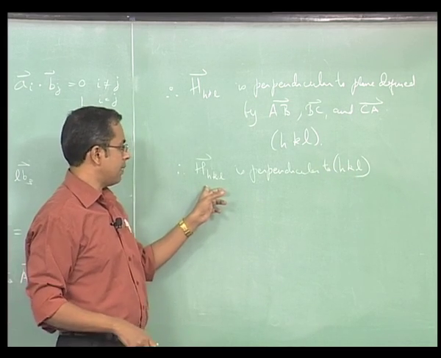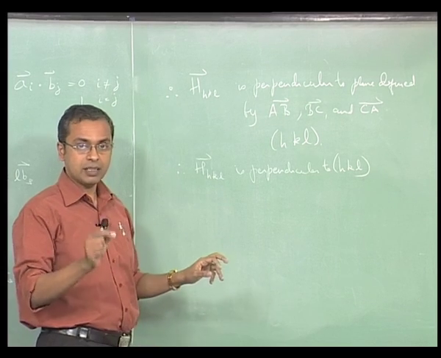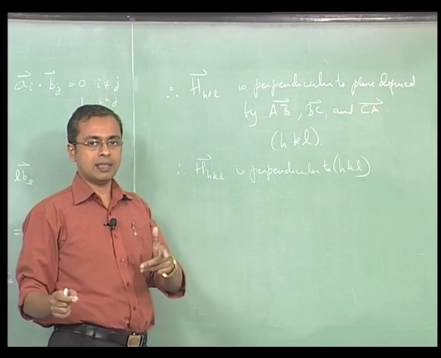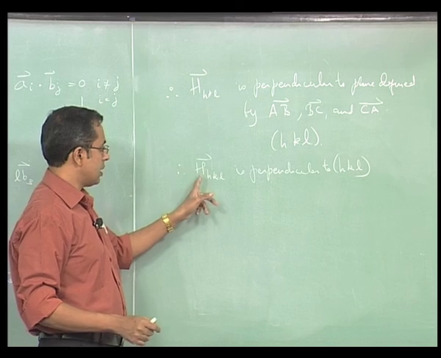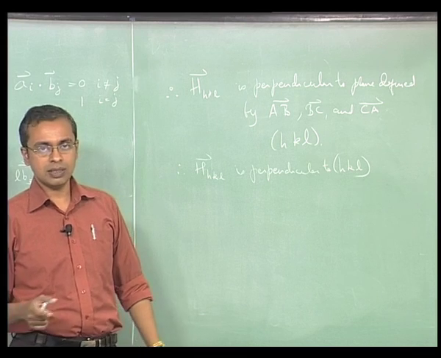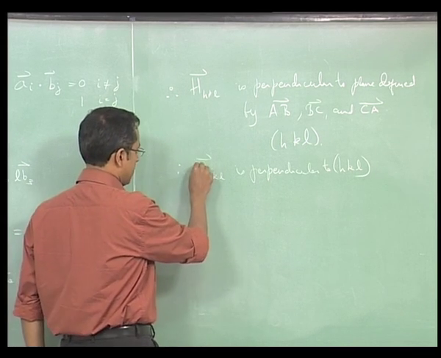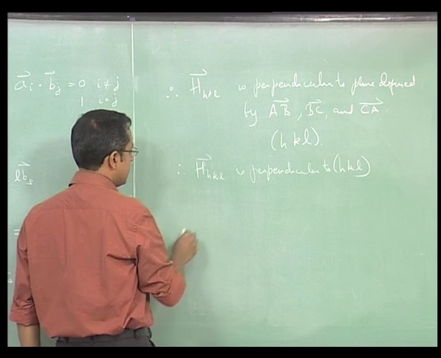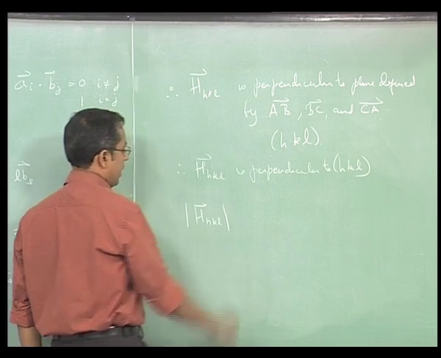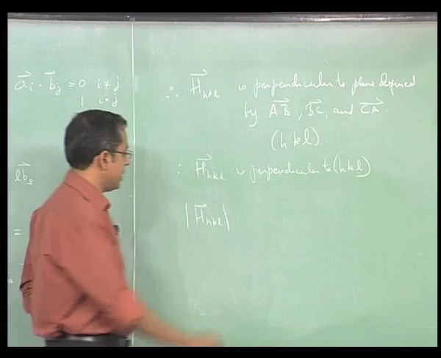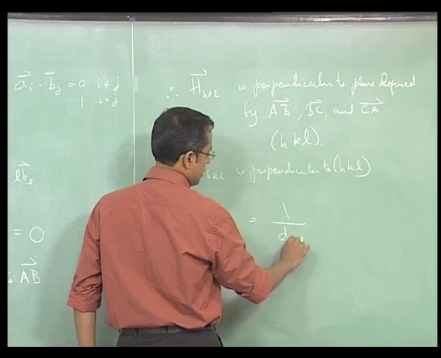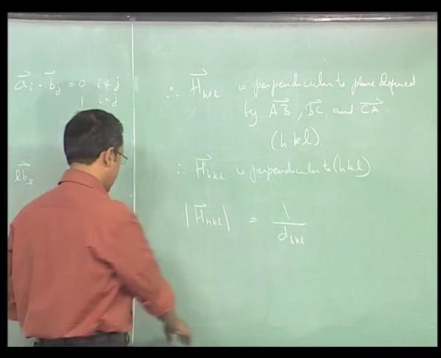So we find that any HHKL vector, which is defined as H B1 plus K B2 plus L B3, where B1, B2 and B3 are the unit vectors in reciprocal space, will automatically be perpendicular to the HKL planes in real space. We have just shown this. The other thing we would like to see is the value of the modulus of HHKL and how it relates to the spacing between the HKL planes. We will in fact see that this is equal to 1 by d HKL.